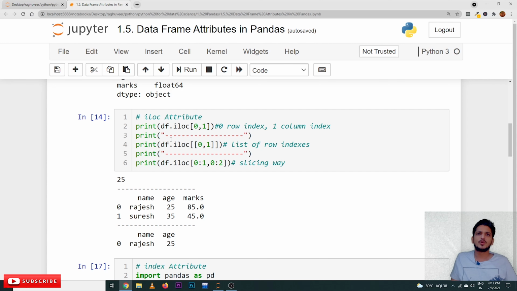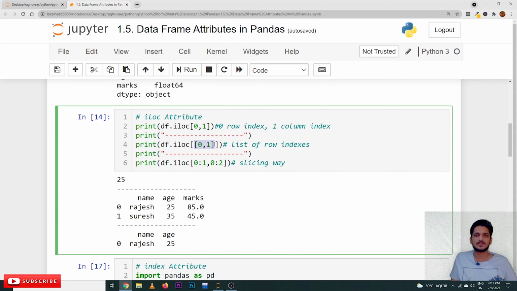Okay, coming to a few more examples for better understanding. All this is the same as with loc also. We have done these examples. df.iloc[[0, 1]]. We have given a list of line indexes. See here, inside we have mentioned a list of line indexes. This is considered as line indexes. 0, 1 means the 0th line and first line will be displayed. That's why our output shows the 0th line and first line.